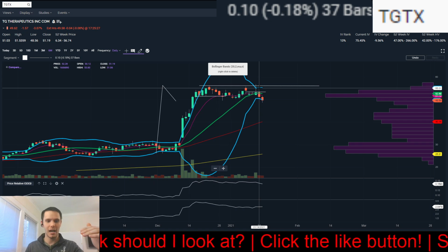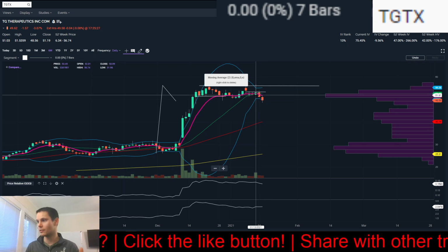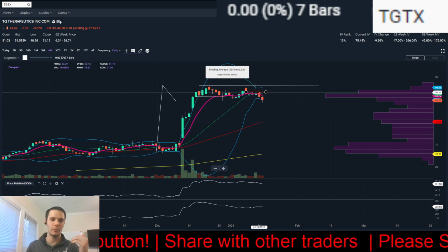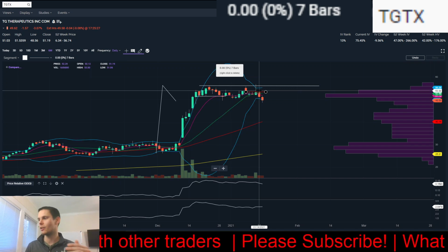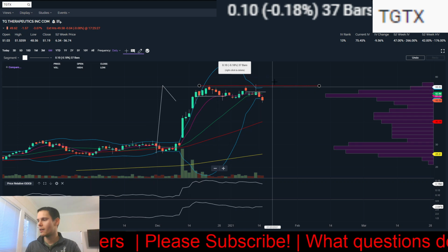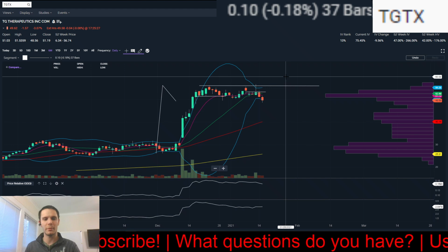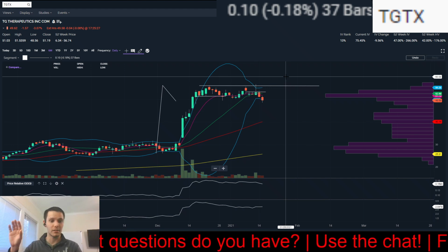I moved half my stop to my entry point, and then half of the remaining was at the low of the day. So yesterday, when we undercut Wednesday's low, that's when I got out all the way. I need to do the math to see how much I lost or made. I probably lost a little bit on this, but because I was rolling up that stop and took some profit on the way up,